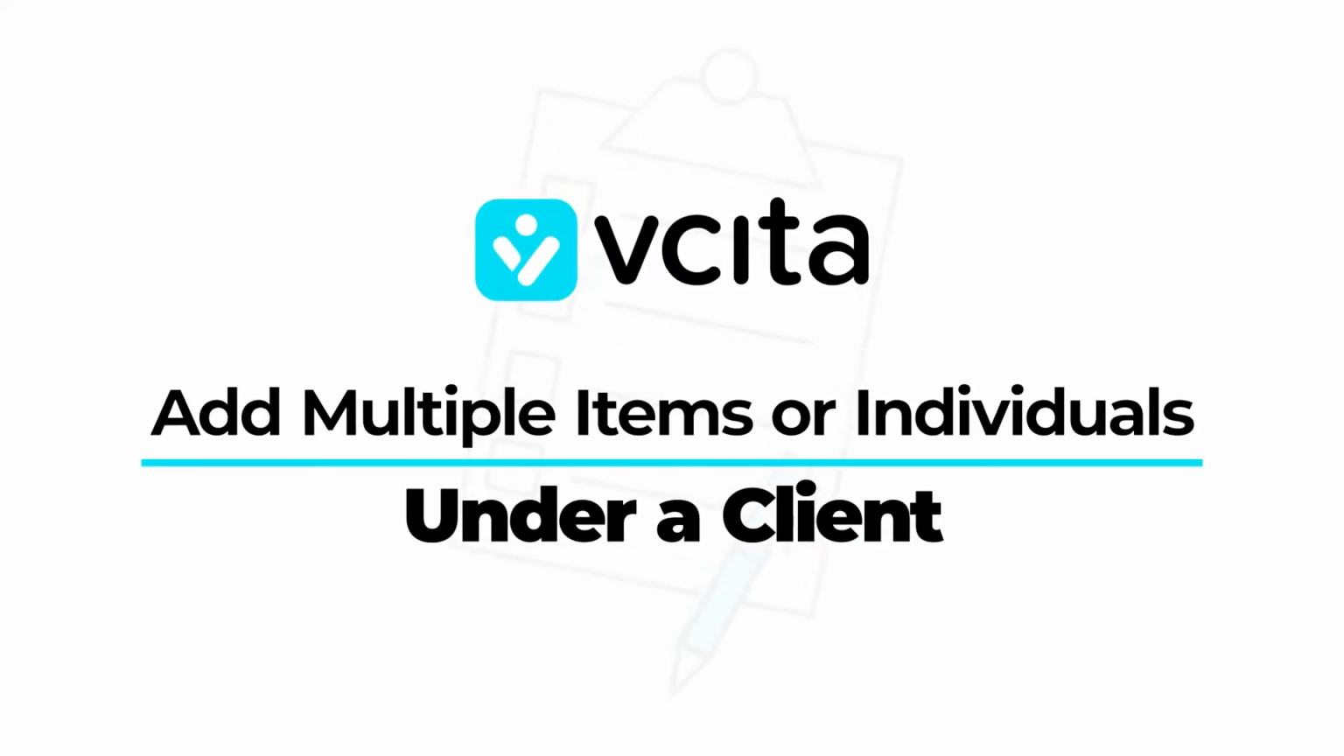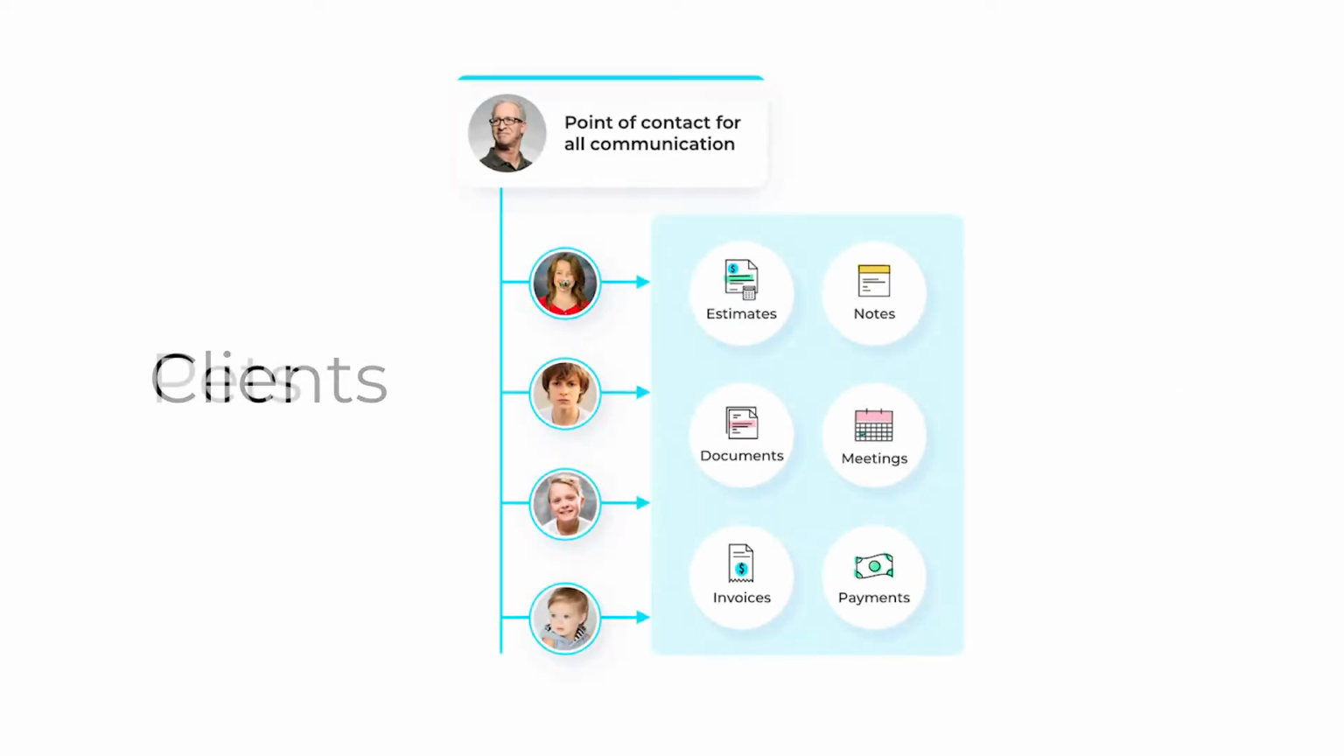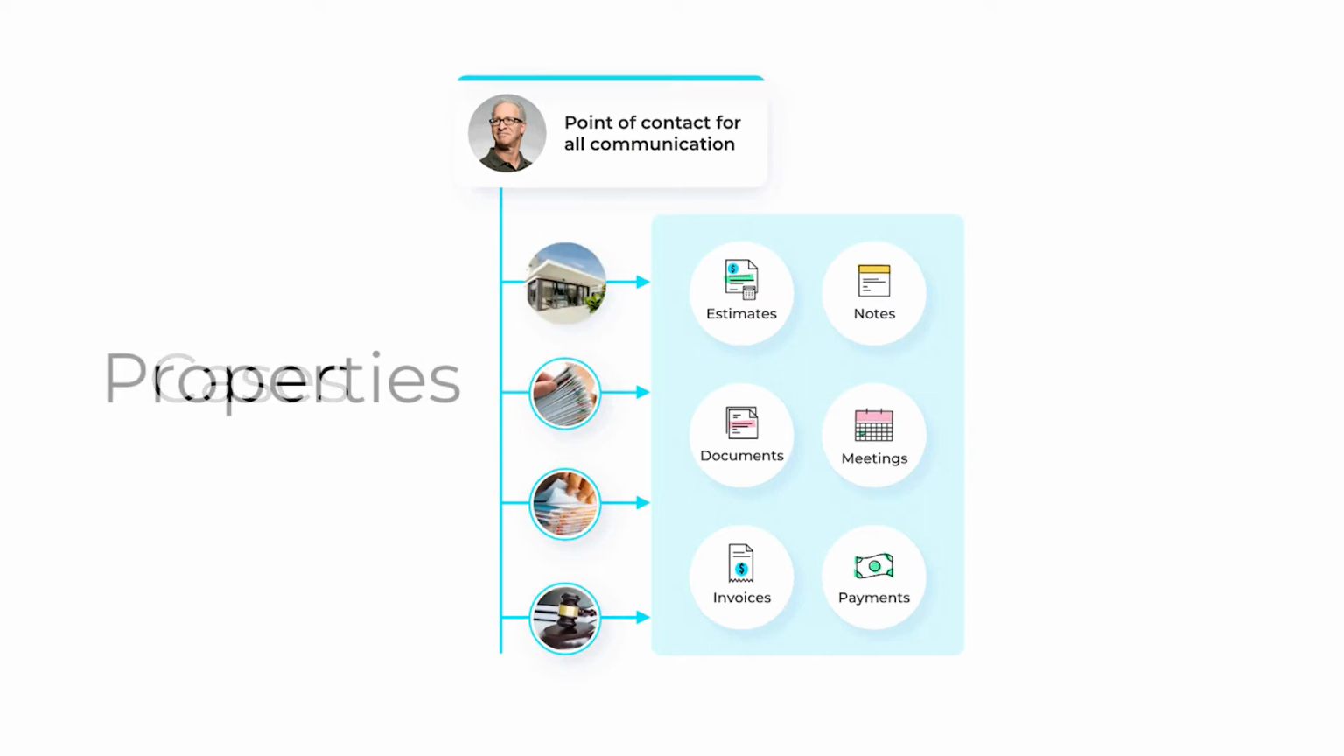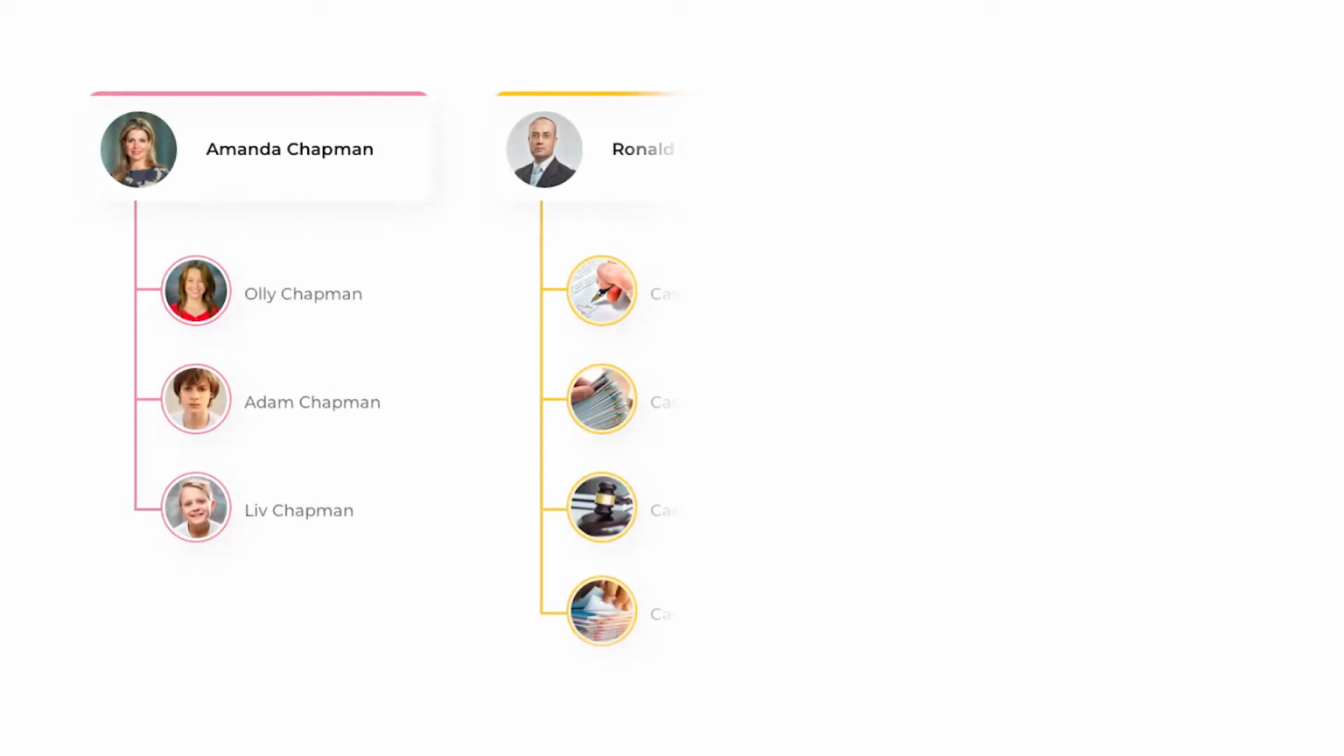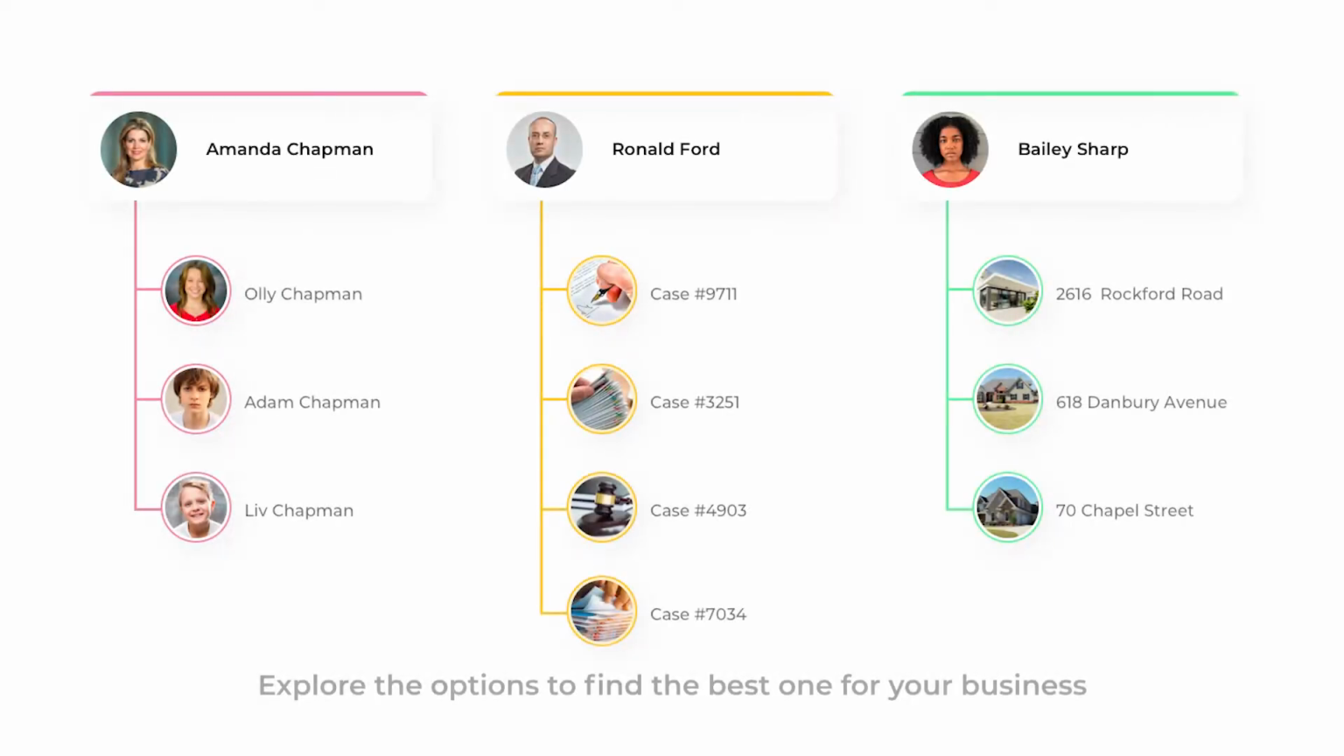Organize your work and juggle multiple projects with vcita's client nesting capabilities. With nesting, multiple individuals or items can be created under a single main contact. These items can be anything from students to patients, projects to properties, or even multiple jobs nested under a main